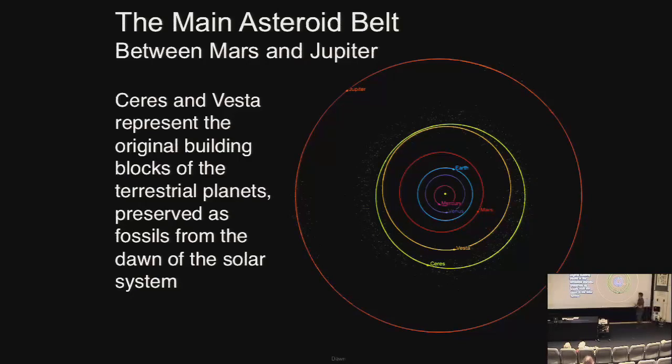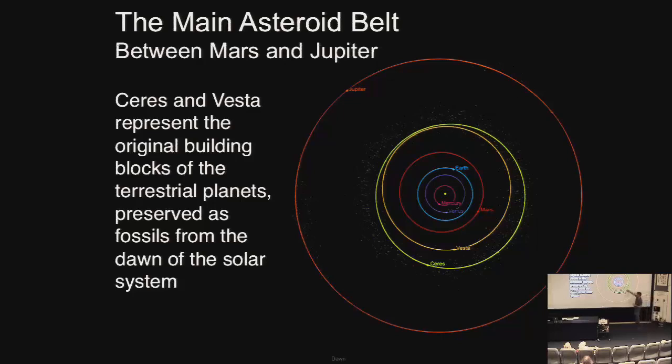Ceres and Vesta are marked in these ellipses here. They both have semi-eccentric orbits, so not quite perfect circles, especially Ceres, which is the outside one here. And they're both pretty much smack in the asteroid belt, but you'll notice that Vesta is on the inner edge of the asteroid belt here, a lot closer to Mars. So we expect that to be more rock and metal, things that went into the terrestrial planets like Earth and Mars here. And Ceres is on the outer edge of the